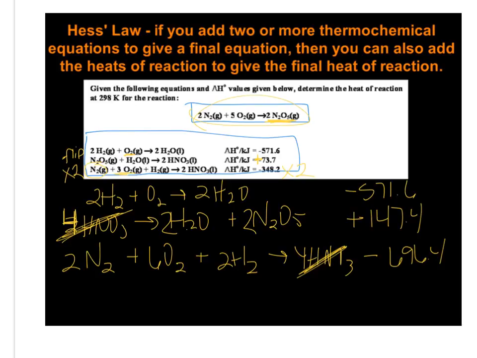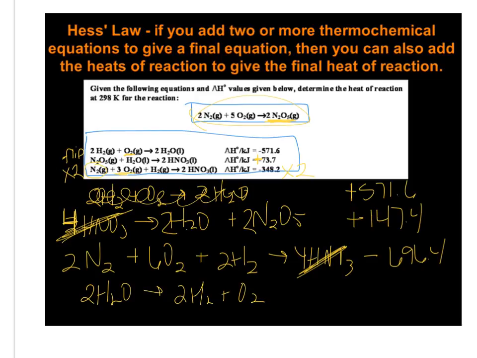Why is it not letting me erase? Why can't I erase that? Okay, I'm going to scribble it out. And I'm going to flip it, so that means I need to change the sign. And so 2H2O gives me 2H2 plus O2. Okay, so now my